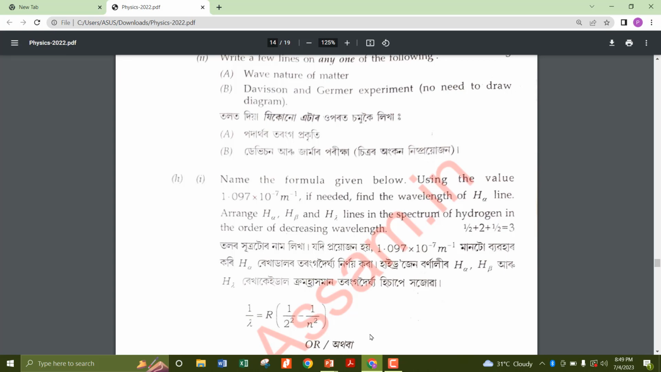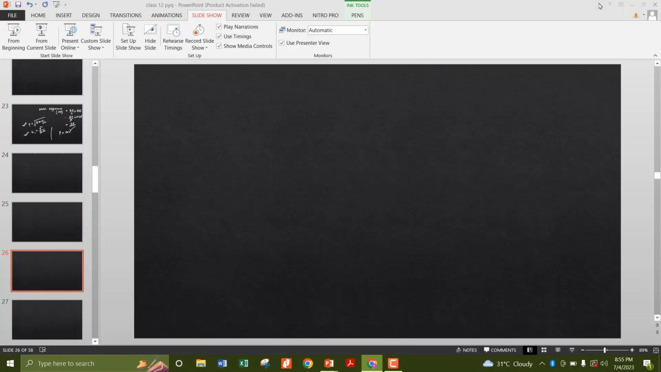This question is related to the line emission spectrum of hydrogen. So let's move to the slide. We can say that in the case of a line emission spectrum of hydrogen, first we get the Lyman series,